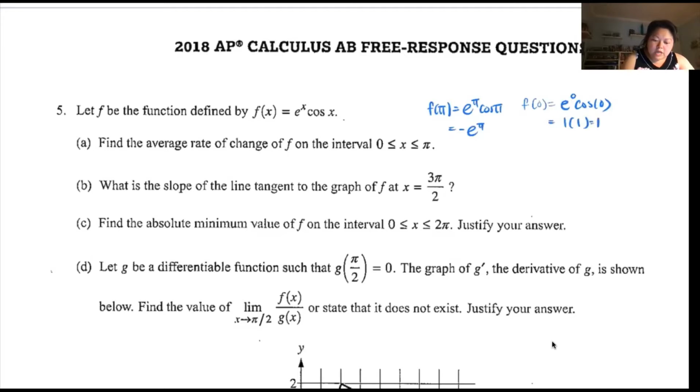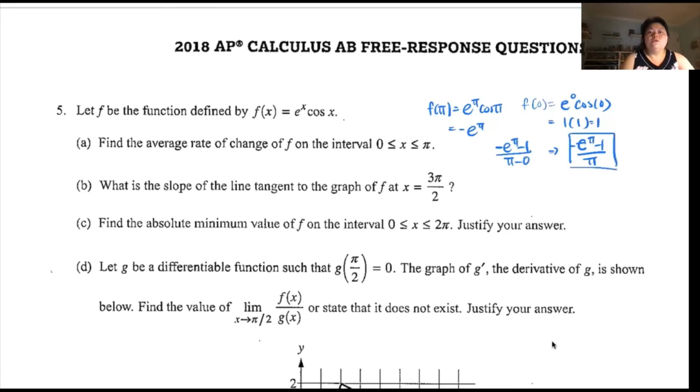So the average rate of change will be y2 minus y1 over x2 minus x1. So negative e to the pi minus 1 over pi. Not a very clean answer, but that's the answer. Okay. All right, what is the slope of the line tangent to the graph of f at x equals 3